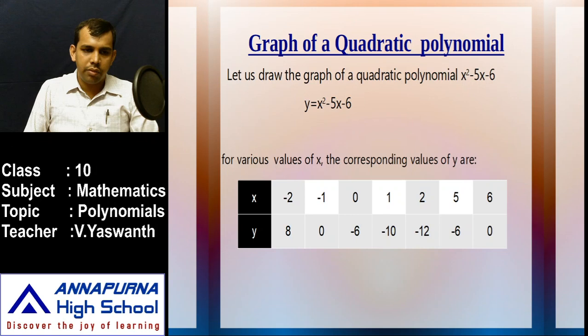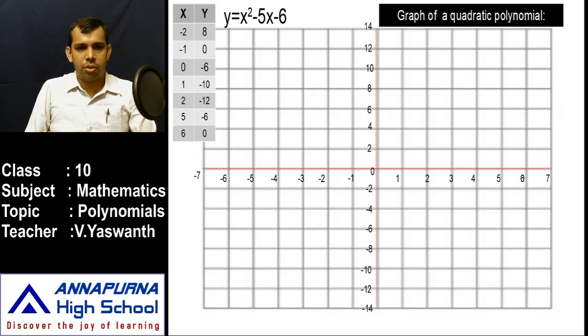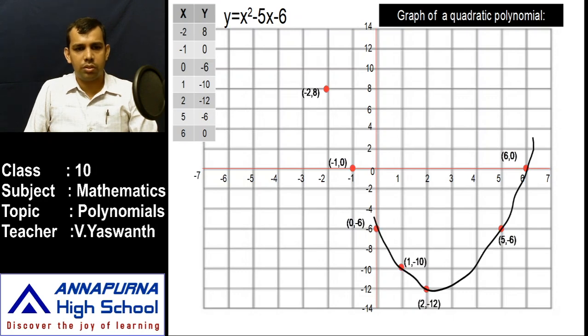So to find these y values, simply replace that x by the given real number and then you get the y value. Now plot these points one by one as shown and join them. You get a curved line. So geometrically, we give one name for this curved line, that is parabola. This curved line is called a parabola. It looks like U, the English alphabet U.